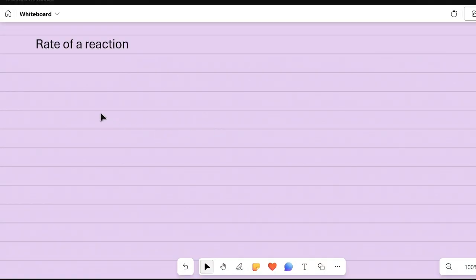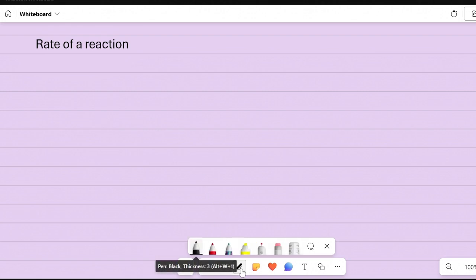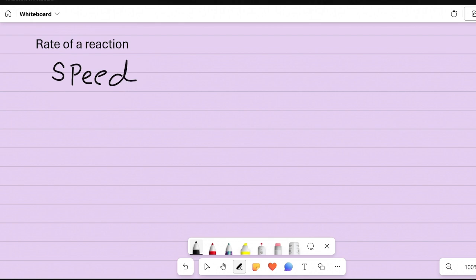In today's class, we are going to learn about rate of reaction and then we will continue towards the order of reaction. So, how can we describe the rate of a reaction? In very simple words, it basically tells us the speed of a chemical reaction. Got it? So the rate of a reaction gives you the speed, like with how much speed the reactants are converting into the products.